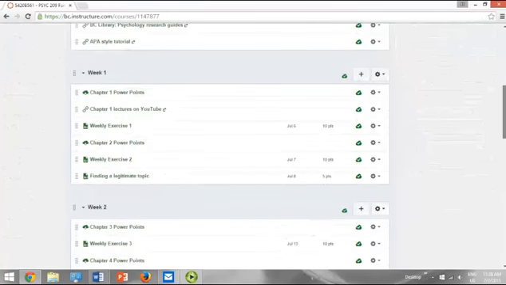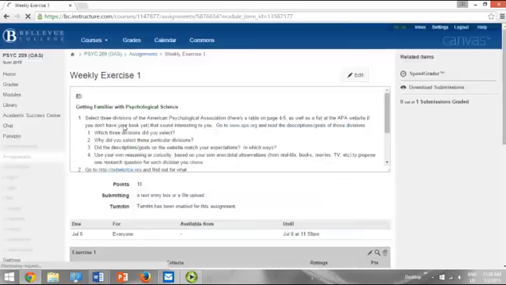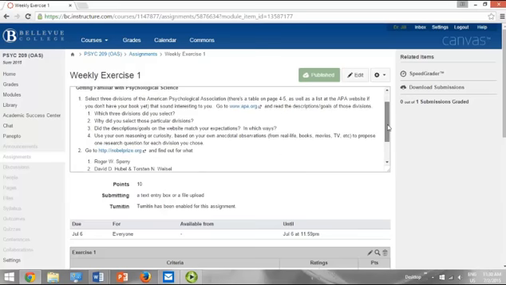So let me scroll down to weekly exercise 1, and this one's fairly straightforward, so hopefully if you've looked at it, it already makes sense. But what I wanted to reassure you of is if you haven't gotten your text yet, you can still complete this exercise. Even though I mentioned that there's a table in the textbook that contains the list of the APA divisions, you can still do this exercise even without your book because the APA divisions are also listed at the